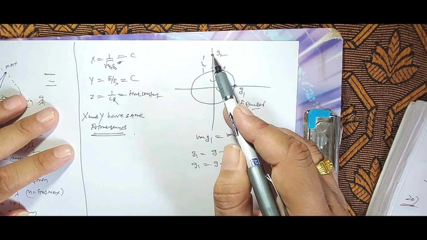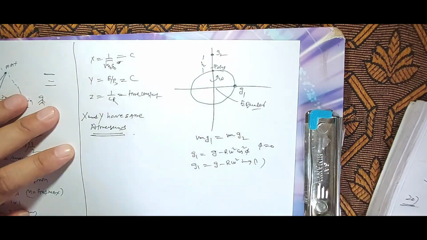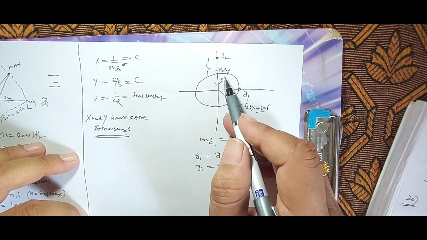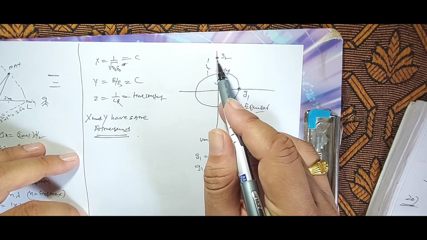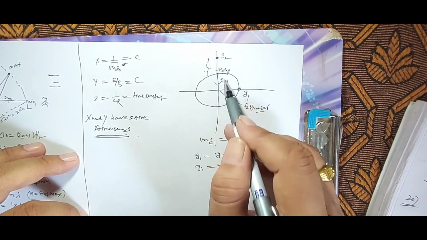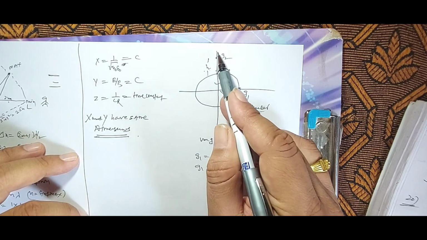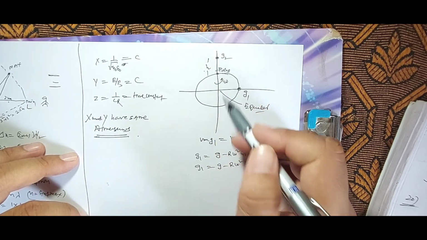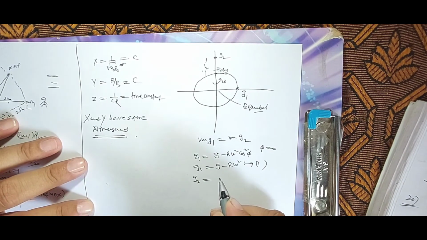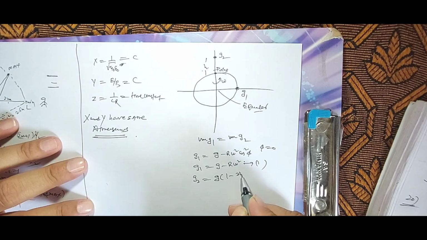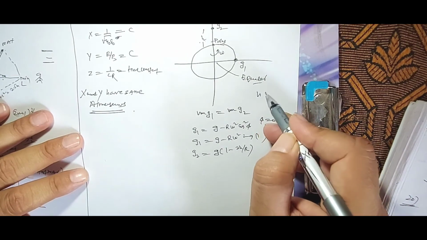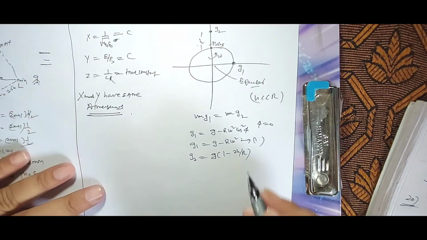at a height h from the poles, there is no rotational effect. Why? Because here the latitude is 90, and the variation of g is due to its height only, not due to the rotation effect, because this point lies exactly on the axis of rotation. So g2 is equal to g into 1 minus 2h by r. Why do we write this? The problem already gives h less than r. For smaller heights we use this formula.